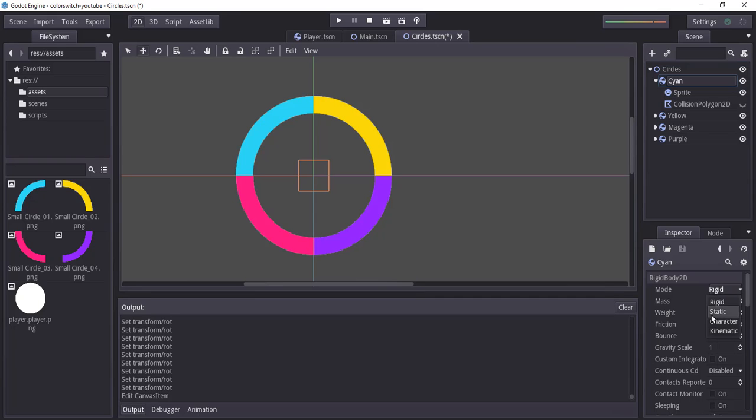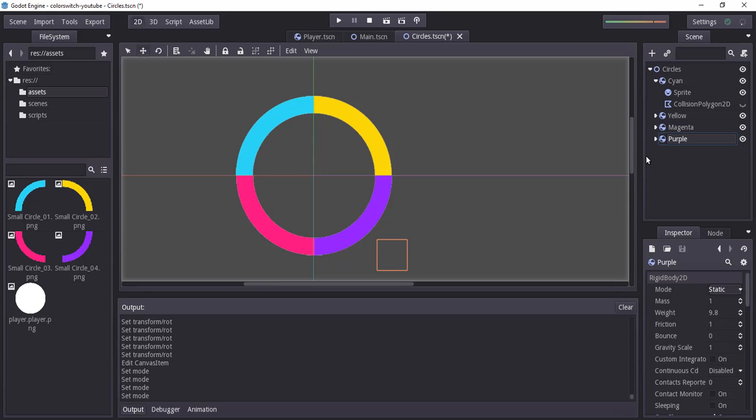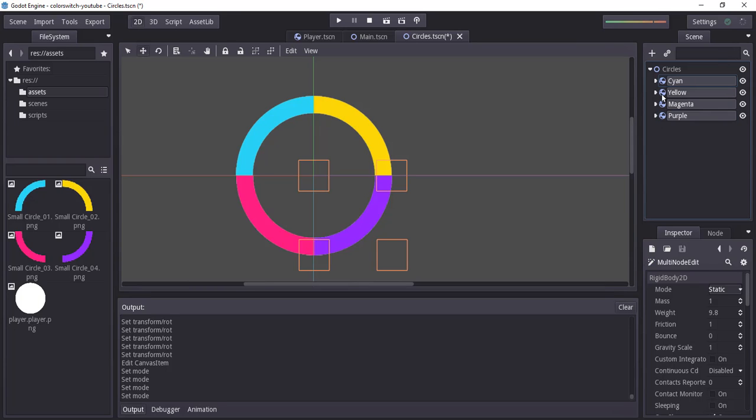We're gonna add a static, because they won't move, they won't have any gravity on them. We just want them to rotate, so they are gonna be static. Actually, you know what? I don't know if